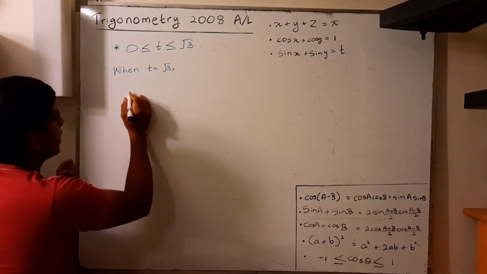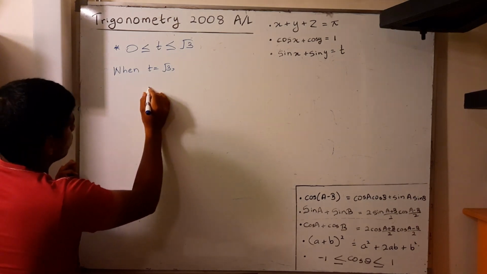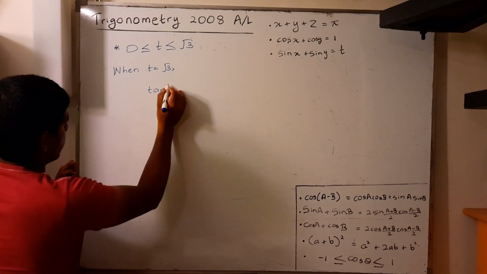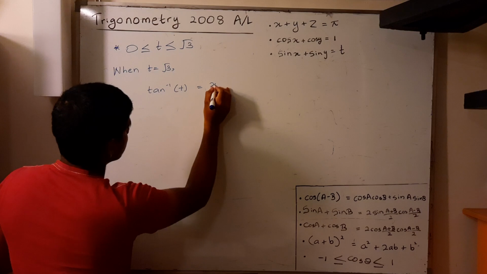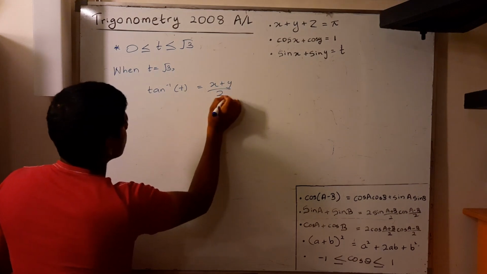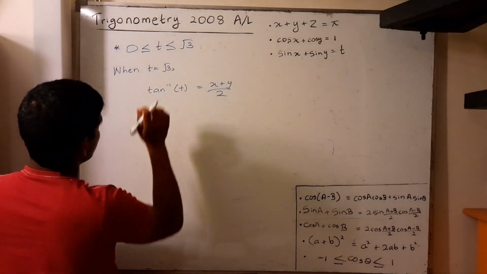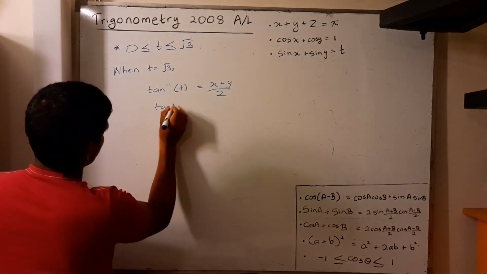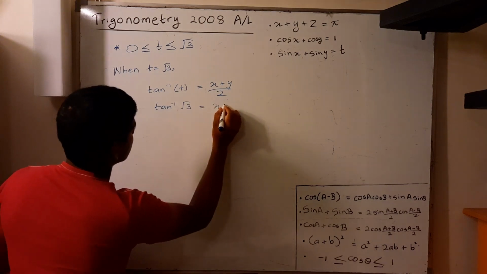Now I don't know if you all remember, but in Roman number 1, we proved that tan inverse t is equal to x plus y over 2. So now if we substitute t by root 3, you can say tan inverse root 3 equals x plus y